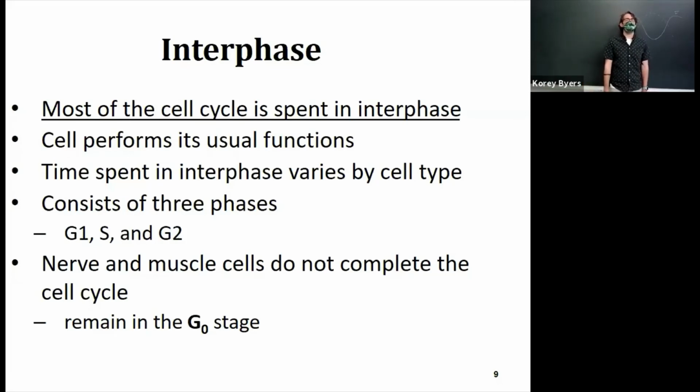Your nerve cells do duplicate in the beginning. You have a ton when you're first born, and in the next couple of years, they die off until they make nice, strong connections. We only focus on the important things. But for the most part, your cells don't divide. And there are a lot of reasons for that and a lot of reasons why they don't. That's beyond the scope of this class. But just remember, for the most part, nerve and muscle cells do not complete the cell cycle. They remain in the G0